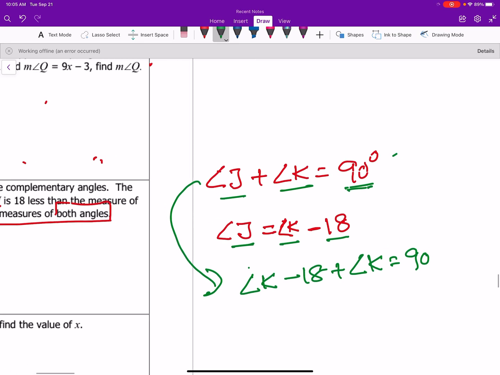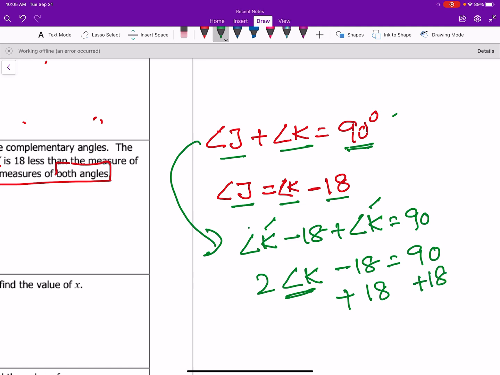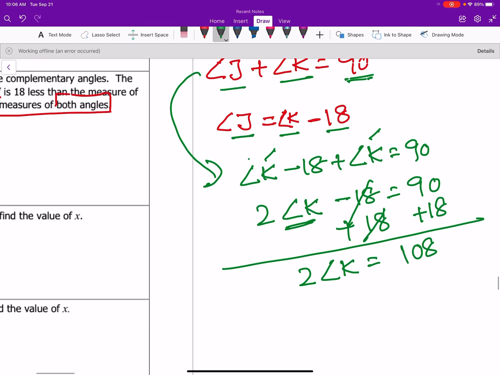All right. So what you can do is say angle j and angle k, the two angles, j plus k minus 18 equals 90. We are solving for k, so we want to get rid of 18, and so we add 18 to both sides. So we get 2 angle k, twice the angle k, is 108. So we divide by 2,